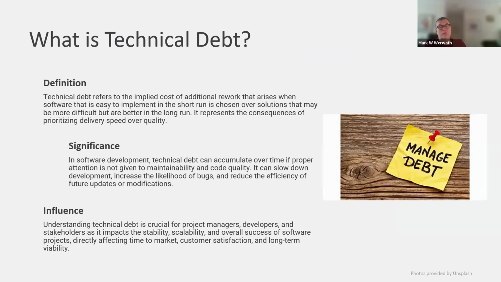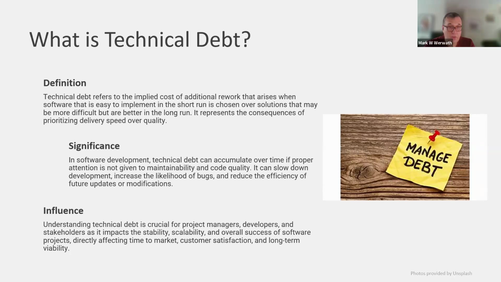One consequence is you increase your technical debt. Technical debt refers to the implied cost of additional rework that arises when software that is easy to implement in the short run is chosen over solutions that may be more difficult but are easier to maintain in the long run. Okay, so it's short-term versus long-term thinking. This constant stress and focus on short-term thinking can be disastrous for any organization and any culture, right? If you're thinking about optimizing the next 48 hours instead of the next 48 years, you're going to act very differently. And that difference will eventually bite you, in terms of cost, in terms of risk, in terms of schedule in the future, right?